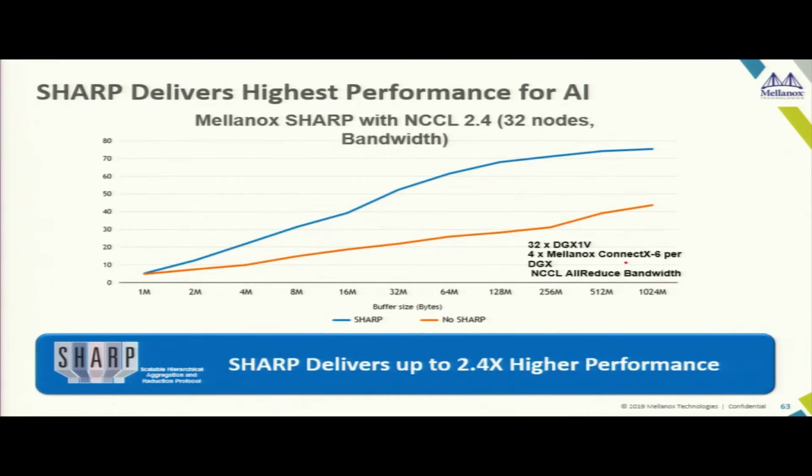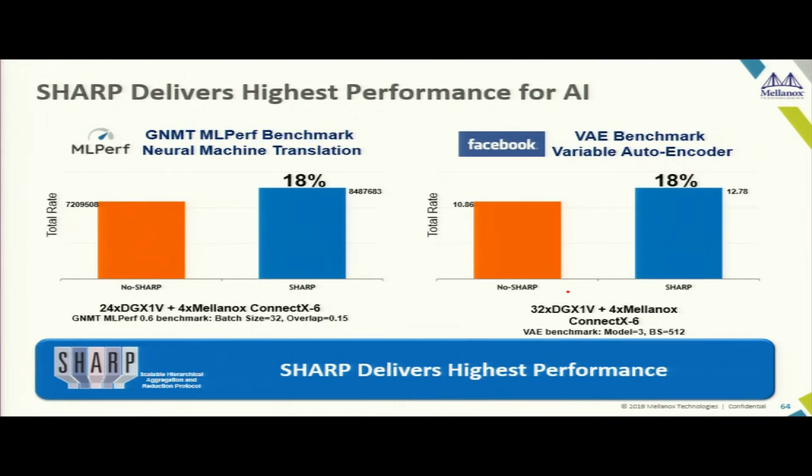And if you're looking at DGX box-based systems, where you're looking at all-reduce bandwidth in the NCCL library of NVIDIA, which is the CUDA library, I think you would have gone through that training yesterday, then again these latencies are very much reduced. There are a lot of benchmarks out there in the open, in public. MLPerf, Facebook's benchmark for variational autoencoder. By enabling and disabling in-network computing, there's almost 20% of performance boost on the same hardware.